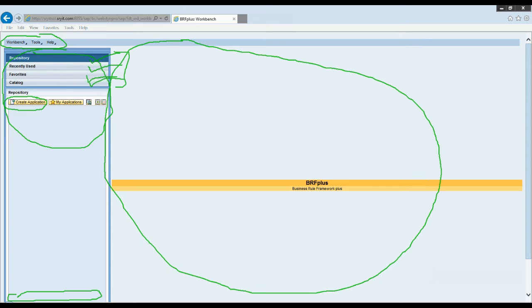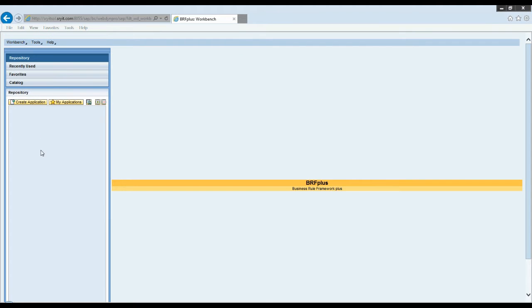All the rules will be centrally maintained here. You change the rules, they will automatically be reflected in the code, because from code we are calling here. The BRF plus system itself is responsible for executing the rules. You will just call these rules from ABAP code. Execution of the rule also will happen within the BRF. So BRF Workbench is a medium by which we can define the rules.